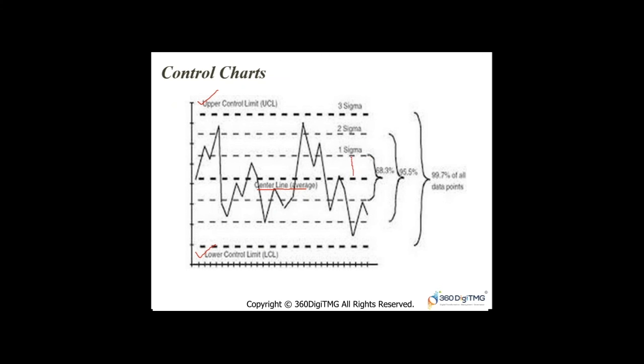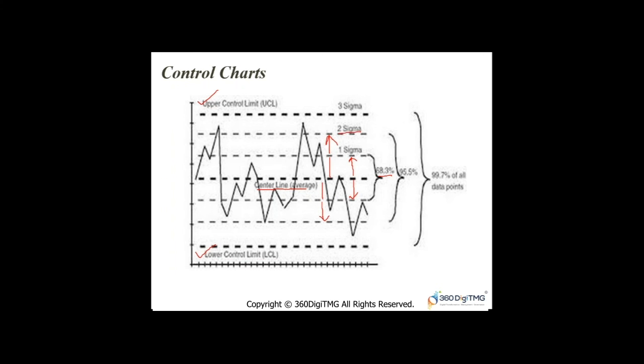If your process is 1 sigma away from the mean, then 68% of the time you're going to meet the customer requirements. You're going to meet your objectives. If your process is 2 standard deviations or 2 sigma away from your mean on either side, right? On either side, then